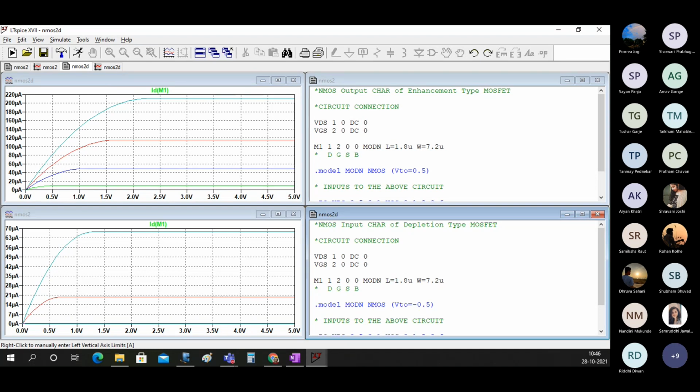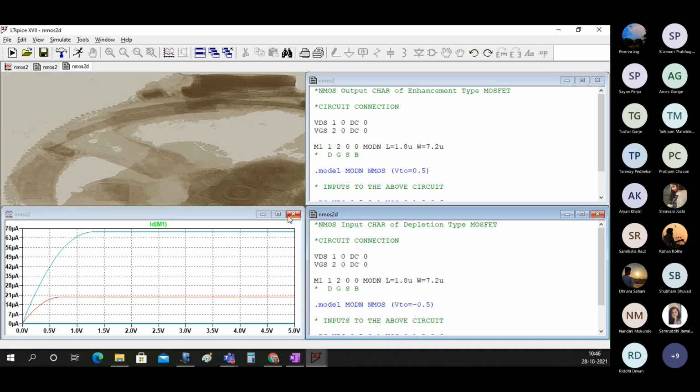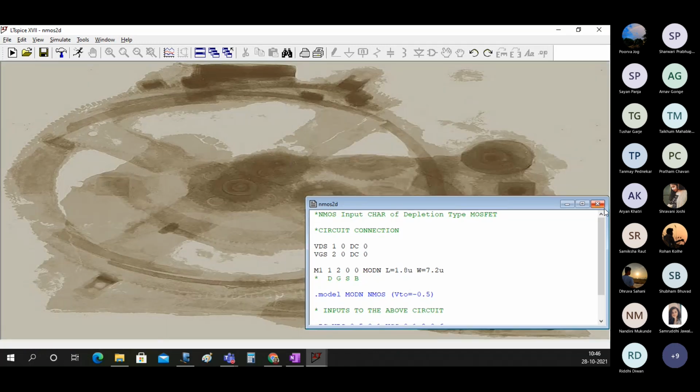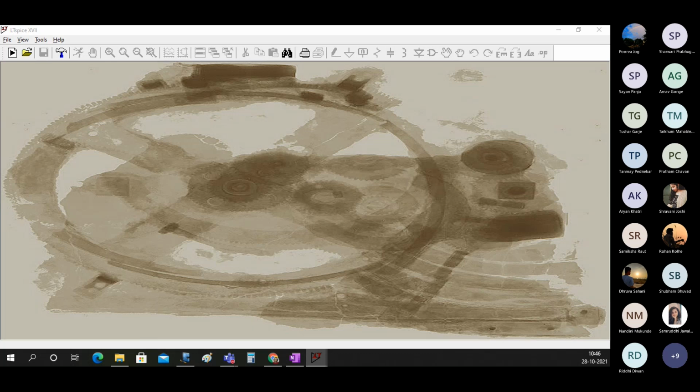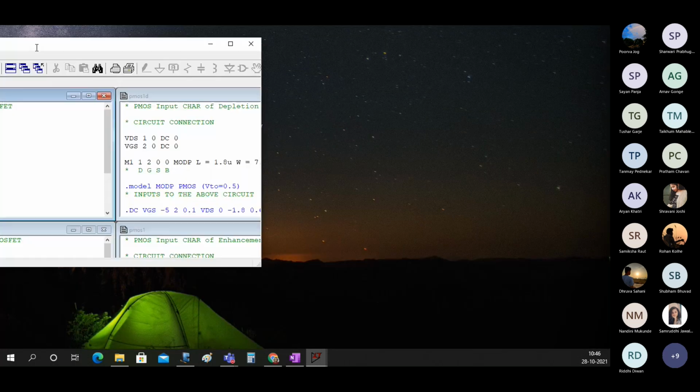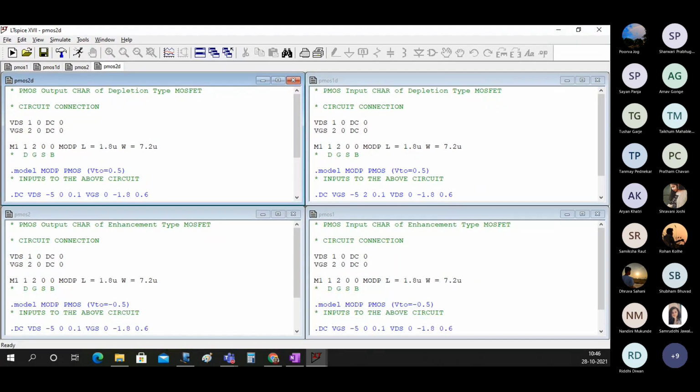So I will just close this and I will open the PMOS circuits for you. Just for your sake, I have written the files for the PMOS.